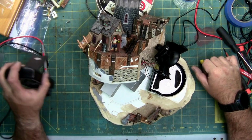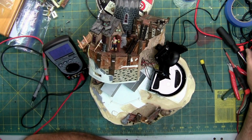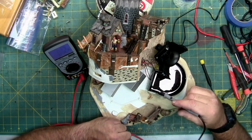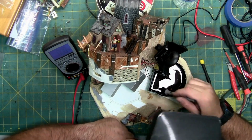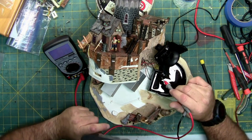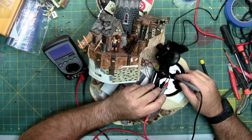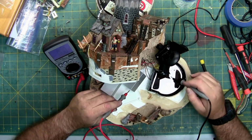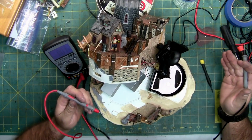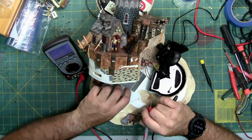So bring out the meter, and I'm assuming this red and black wire here for the disc, and the white and black wire for the light, which is over there in the corner. So I'm going to try and trace this red and black wire back to the circuit board and check for power. Because the other black and red wire go to these two leads, these two water probes, which have 0 volts, which is how they should be. Because this is just continuity. When the water connects the two probes, it's like a water switch. The water becomes the continuity and connects the two together, so you get signal or power. So let's